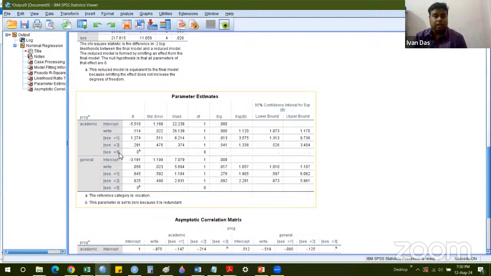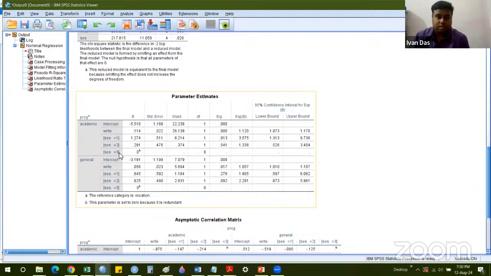So now let us interpret. First of all, let us go for the academic one, then we'll go for the general one. The academic one says that write has a p-value of 0.000. So we will interpret it. How do we interpret it? Check the odds ratio, 1.12. So